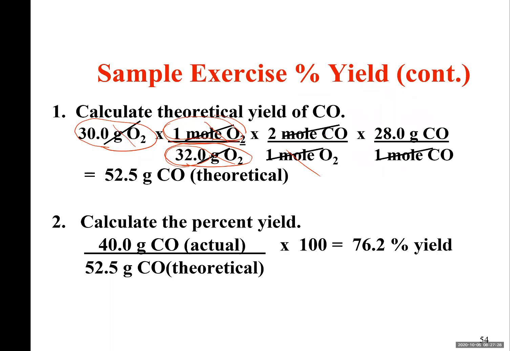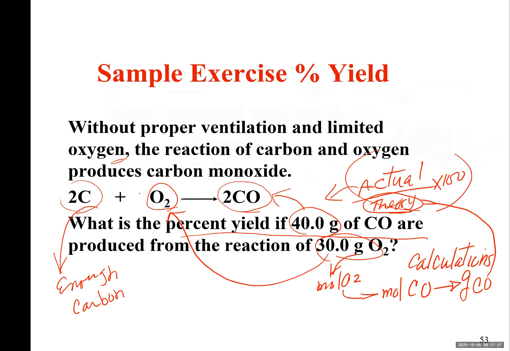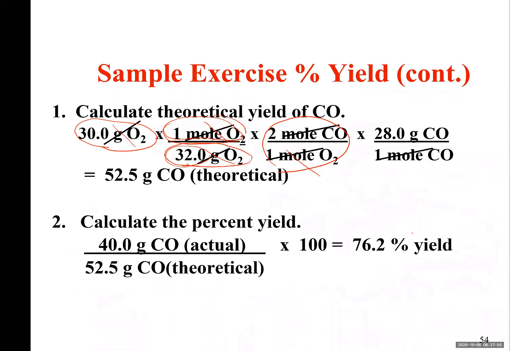If you look at the equation, what is the ratio between number of moles of carbon monoxide and moles of oxygen? Look here, 1 mole of oxygen. If there is no number here, it means 1. 1 mole of oxygen produces 2 moles of carbon monoxide. So if you double the number of moles of oxygen, you get the number of moles of CO. So I'm going to go back. I write the ratio between these two: 1 mole of oxygen is producing 2 moles of carbon monoxide.